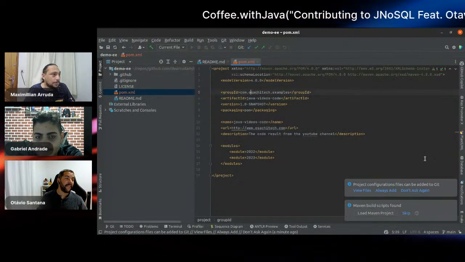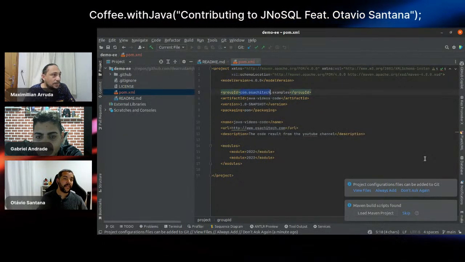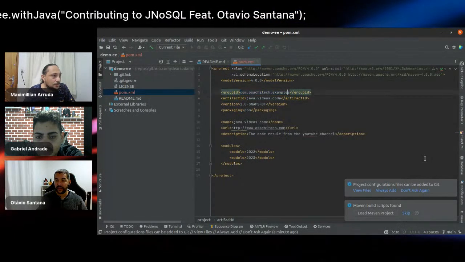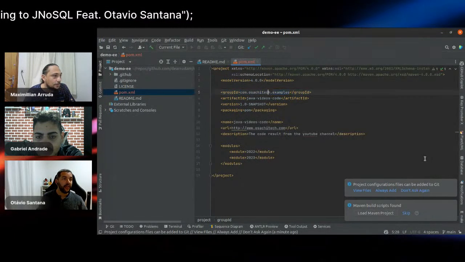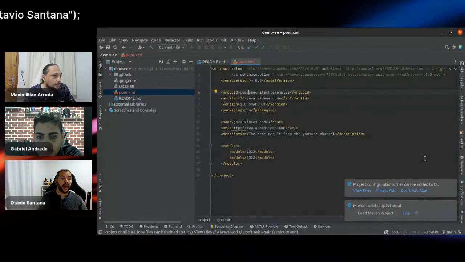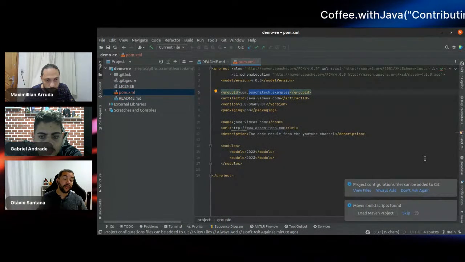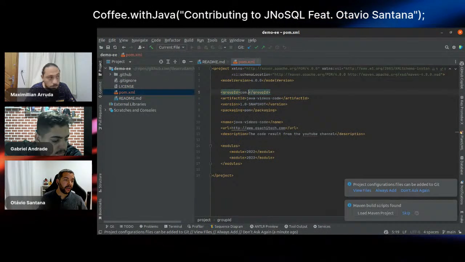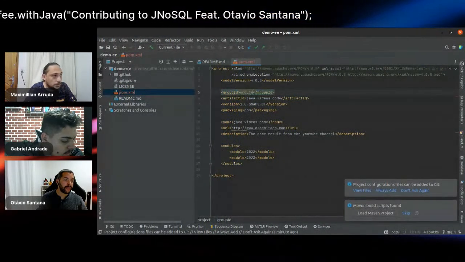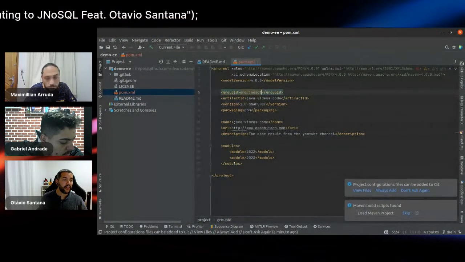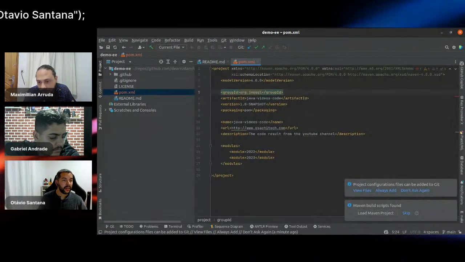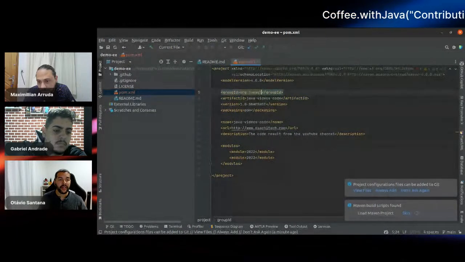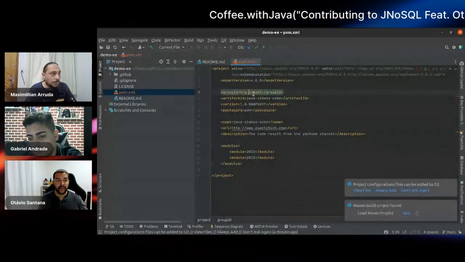Okay, the group ID. Let's define one for us. You can use almost the same one as JNoSQL: org.eclipse.jnosql, because it belongs to the Eclipse Foundation.